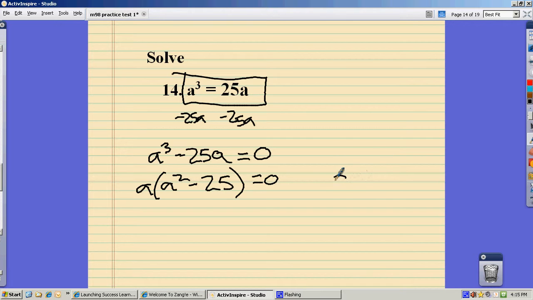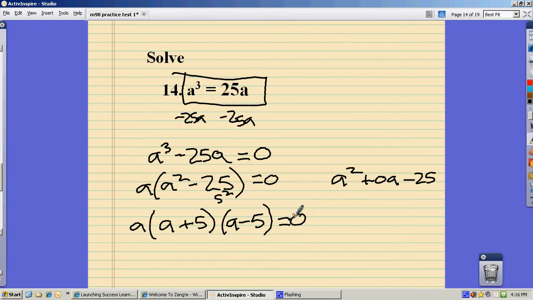And I could think about it as a squared plus 0a minus 25. And then I need factors of negative 25 that add to 0. And I would get there that way. Or I could just recognize this is the difference of two squares. So 25 is 5 squared. So this is going to factor into a. I still have that a. A plus 5 times a minus 5